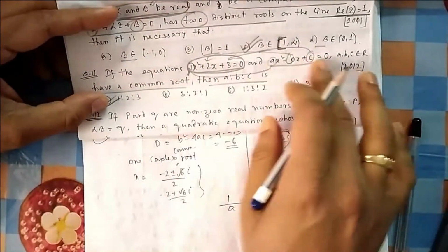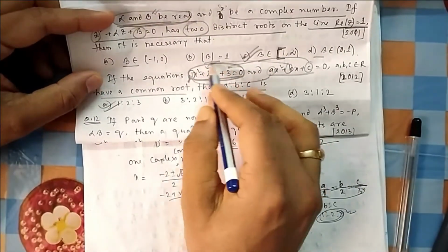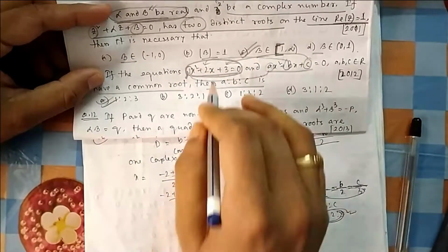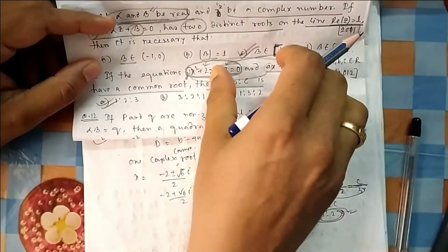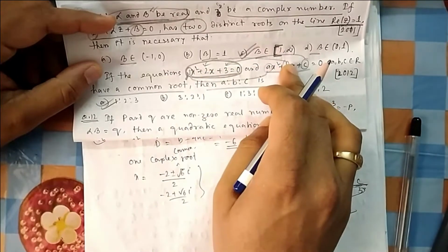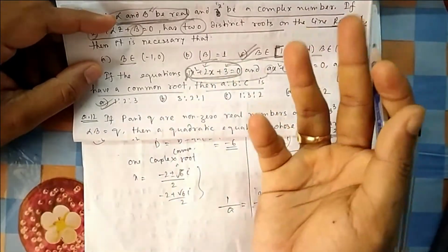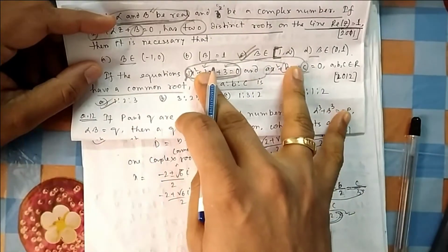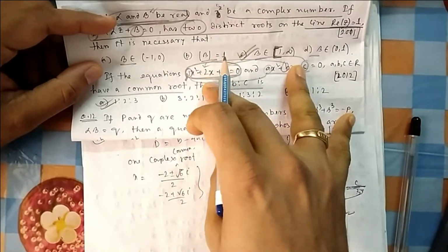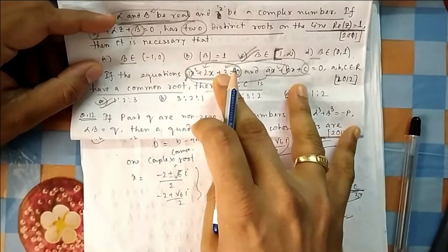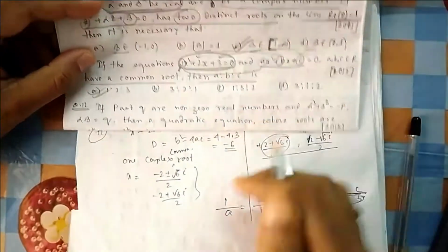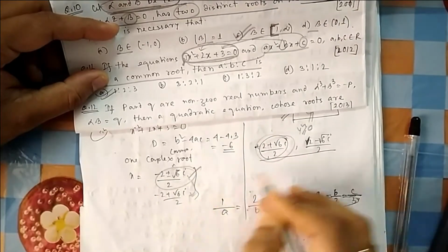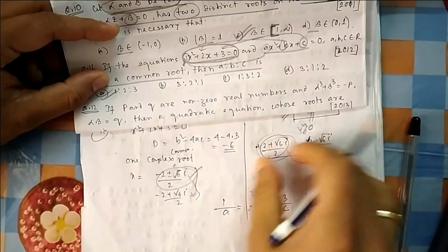So in case there is a common root, and one equation is directly given to you, you calculate the root. If it is complex, it becomes very easy. Then obviously both are the same, because one complex common root means the other root should also be common, because the other root will be its conjugate here and the first root is common. So if the second root is the conjugate of this, here also the second root is the conjugate of that. So both will be the same. The pairs will be the same. You can see if one root is this one, it is common here. The other root will be the conjugate of this one. So ultimately both the roots are equal.